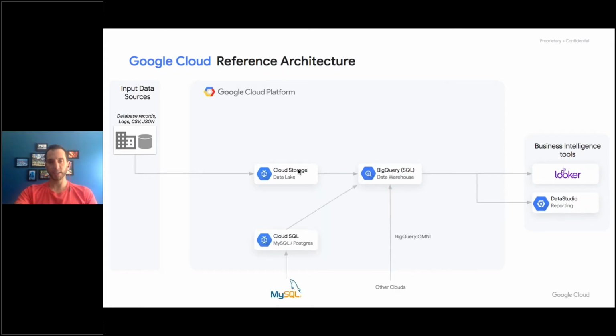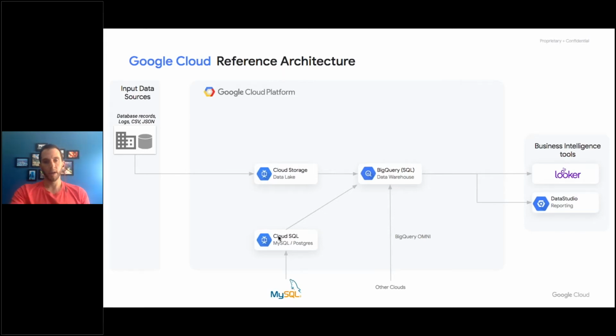Okay, that's a decent start, and then it gets a little bit more complex. What happens if you have an existing database that you want to migrate to the cloud or even integrate with? In the case of MySQL or Postgres, maybe you want to use a cloud native service that supports that. It could be a little bit more tricky, like if you have a Mongo database, then you can actually leverage that within the cloud as well and integrate based on some tools that we have within our marketplace to support